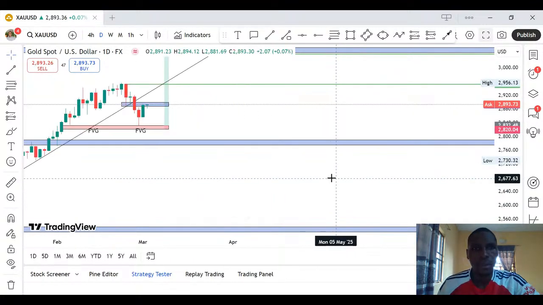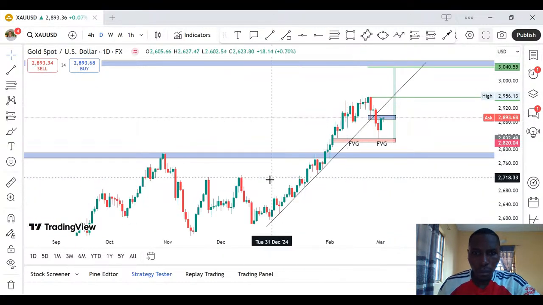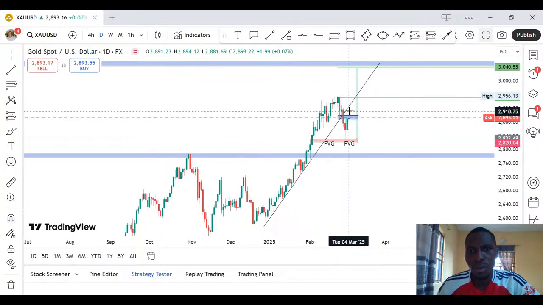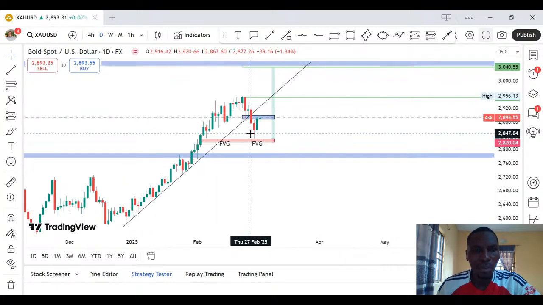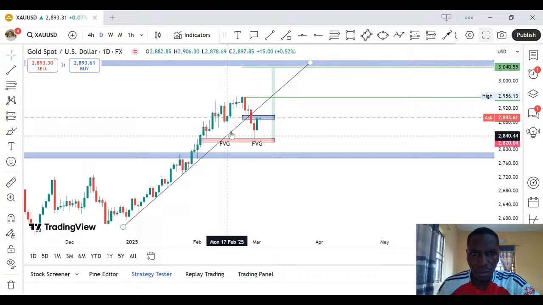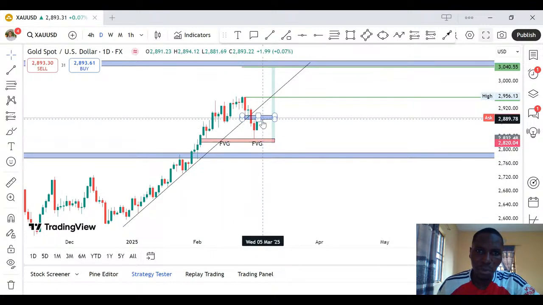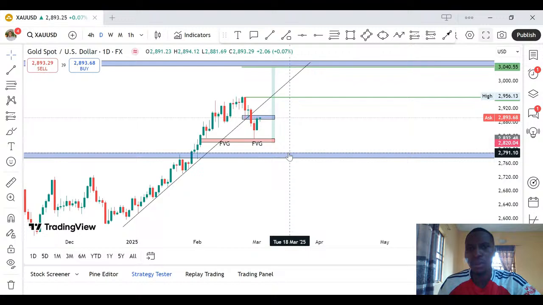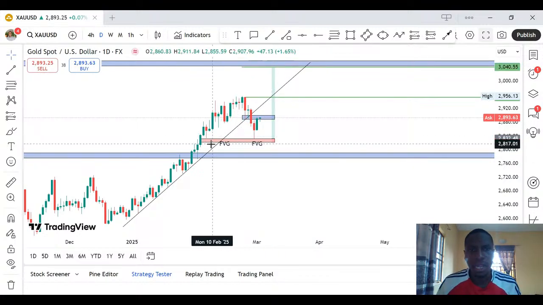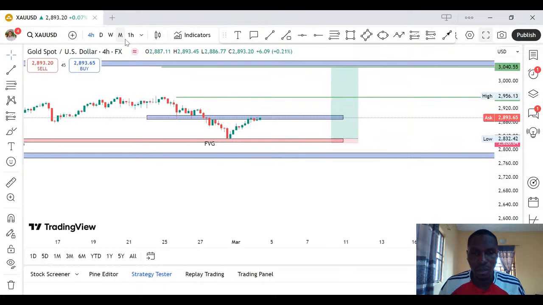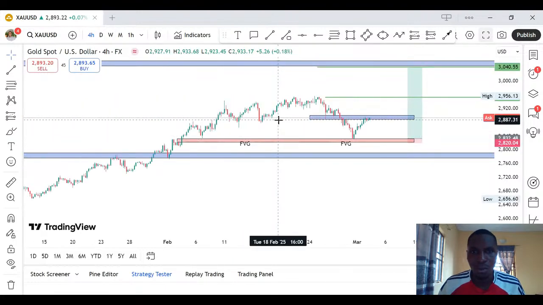Okay, so let's go. Price has come to this point and started going back up here. Our expectation on this is we have a breakout, so this trend is no longer valid. What I'm expecting is for price to move upward to this point and then start falling down, if it falls. So let's go straight to the 4 hour time frame. What we want to get is to see what price exactly wants to do.